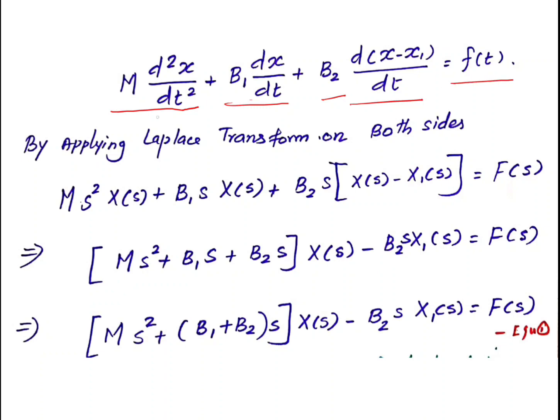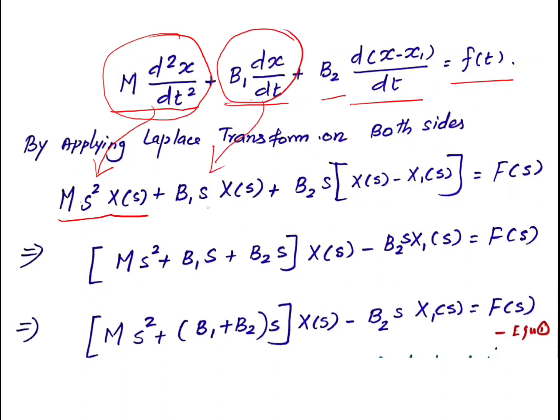Now we have to take the Laplace transform of this equation. This is a second order differential equation. Hence the Laplace transform of the first term is m into s squared into X of s. The Laplace transform of the second term is b1 s into X of s. The Laplace transform of the third term is b2 s into X of s minus X1 of s, which is equal to the Laplace transform of f of t,